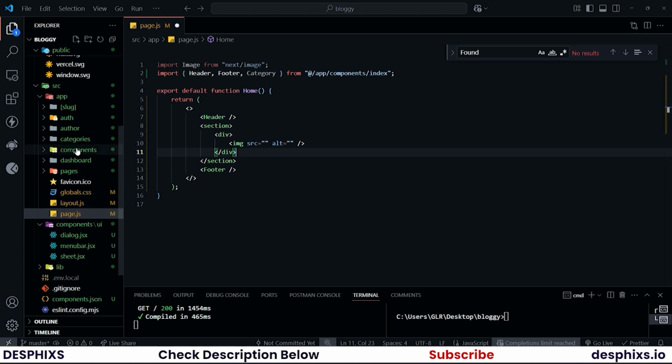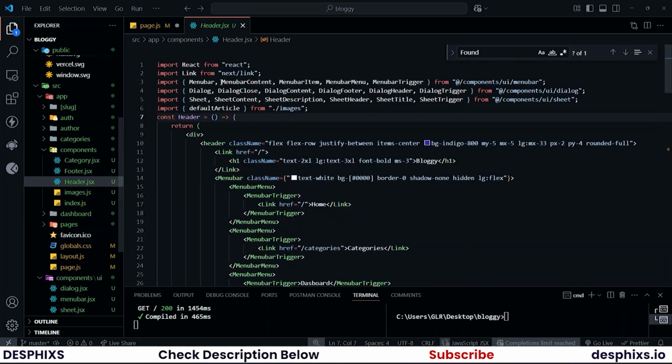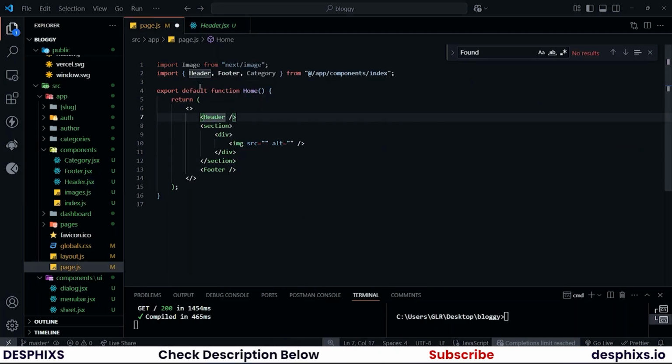Do you remember how we imported images in the header when we worked with the last section? So I will quickly open up my header components and we need to import this, which is default article. So I want to import this in the page.js. And alongside the default article, I will also bring in the default avatar. Let me just get back to that page to confirm that I have the default avatar. Oh, I think we are not bringing it in from the right source. So say //